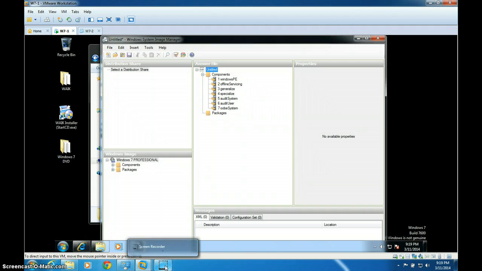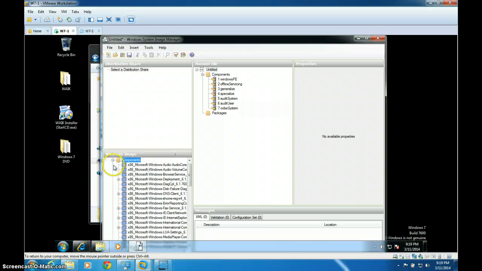Okay, now that it's finished cataloging, we can take a look at what they have cataloged for us. In this section is all of the different options that we have. If I expand components, these are all the different components that we can set up and configure for our custom Windows PE boot. So let's take a look at just a couple of them. If we go to deployment